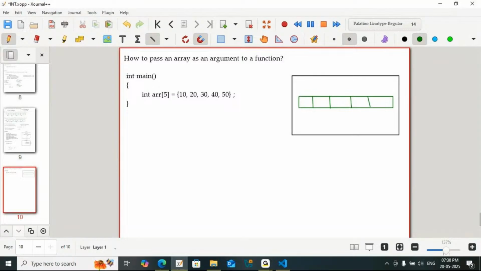3, 4 and 5. Okay, so this is the name of the array called ARR. So this is from the address 1000, 1004, 1008. Each integer is taking 4 bytes. So 1012, 1016. So like this, I have the array with me, and this array is filled with